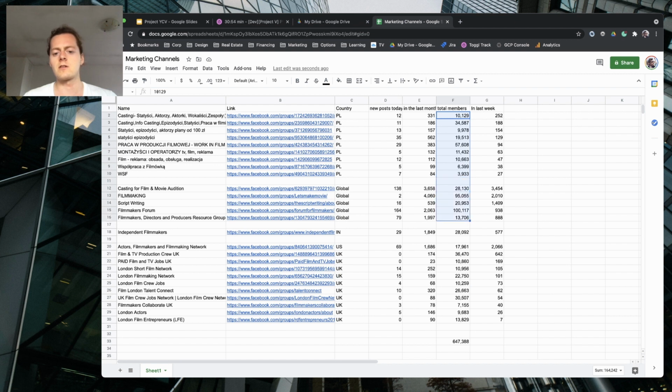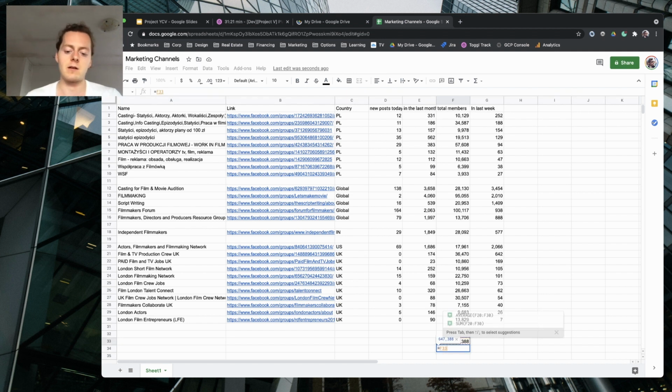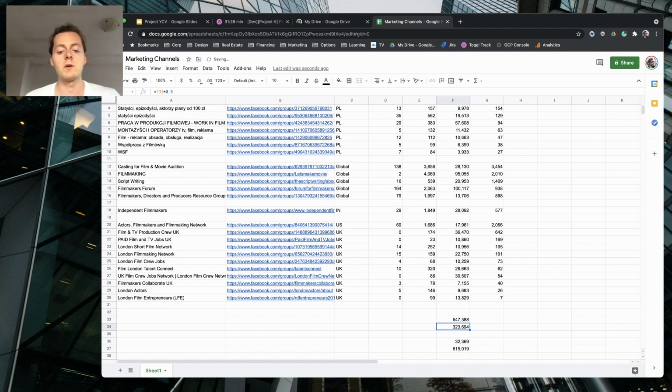Maybe it doesn't include everything. I probably should get, because I know that there might be overlap, and I'm quite sure about that one. So perhaps I'm going to take the max. Those are the people who could definitely be members of the platform. So this is the potential number of users which could be on my platform. And just to be sure, I'm including just 50% of those as the number of users on the platform.